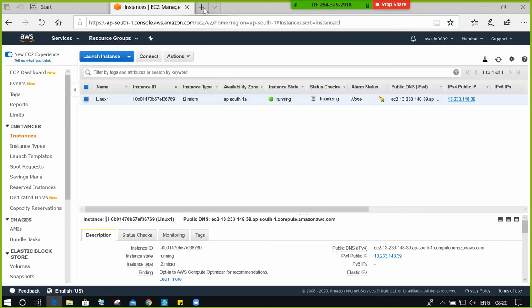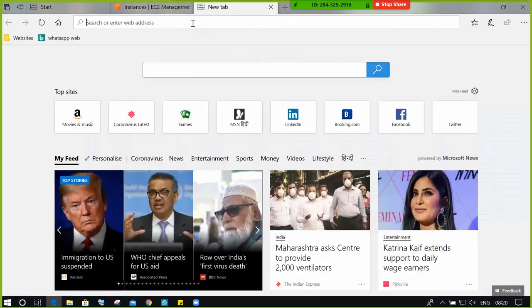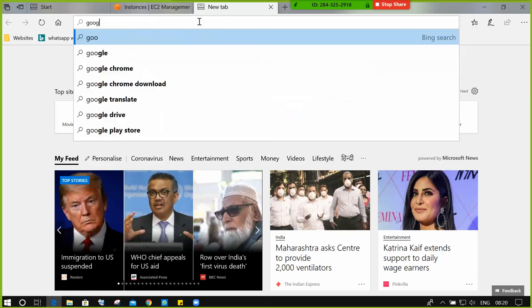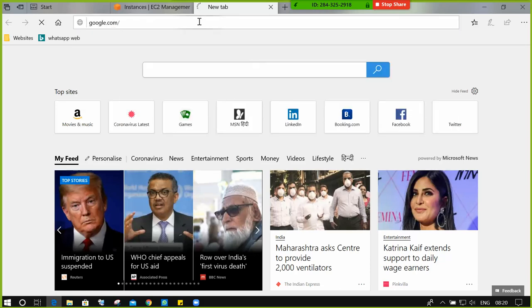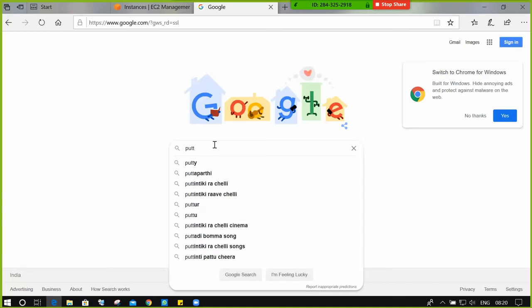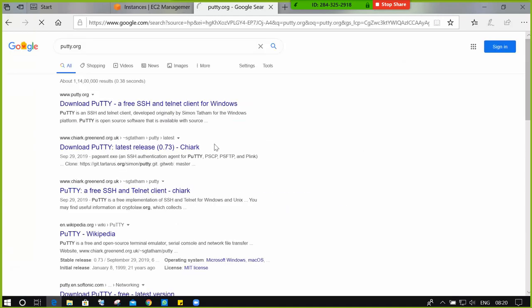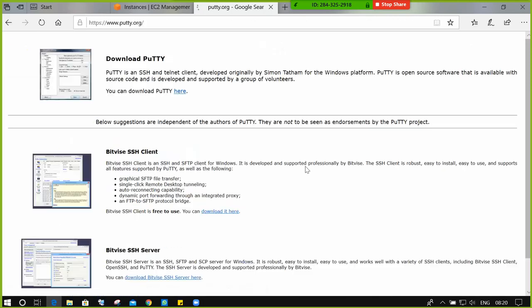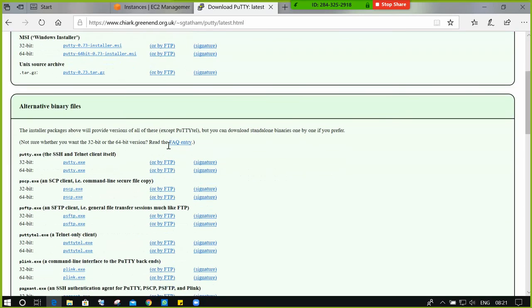I'll show you how to download the PuTTY software from the internet. Go to google.com and select putty.org. Go to the first link, download PuTTY, click here and scroll down.